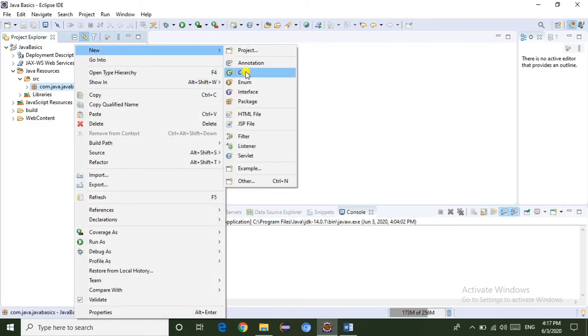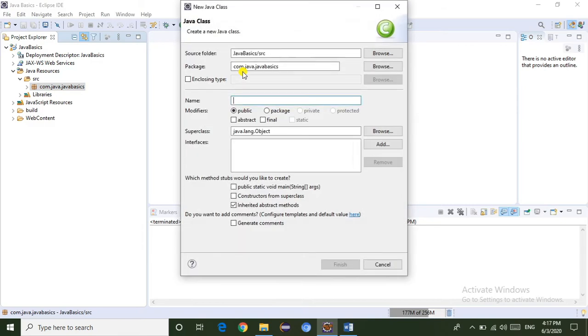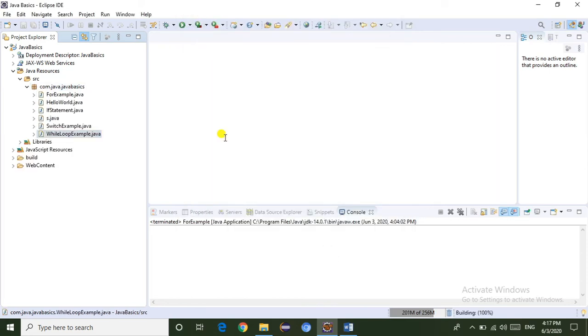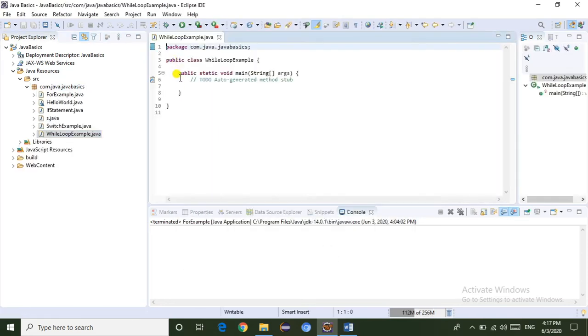From the new tab, select the class. Just give the class name: while loop example. So this is my class name. I am going to select the main method as default. I am selecting the finish button. Now the class is created.